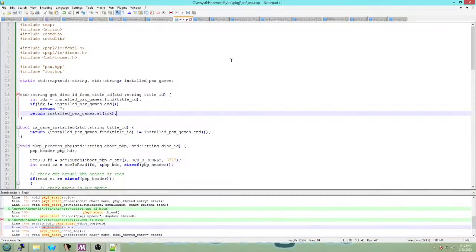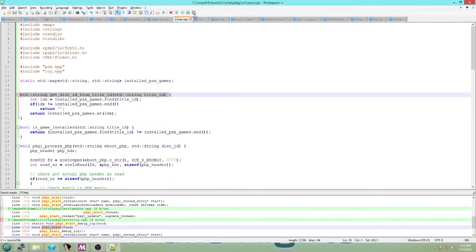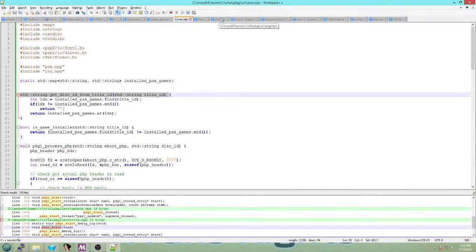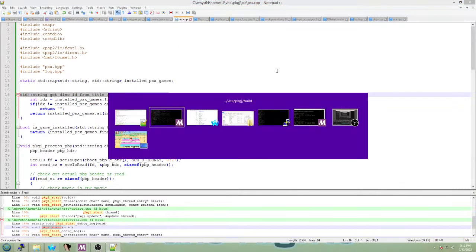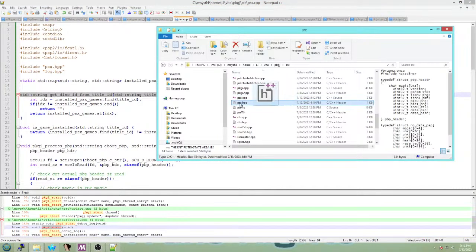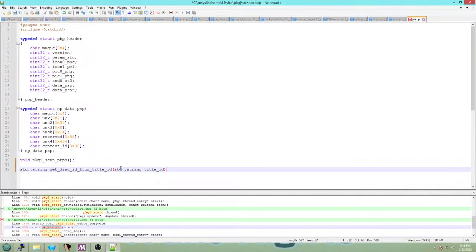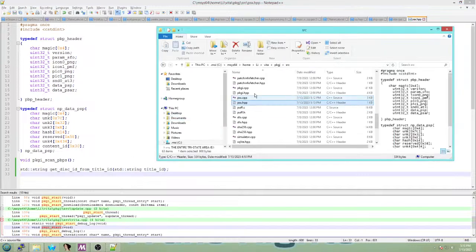Actually, I should export these two functions too. So we should add both of these into psx.hpp. Where is psx.hpp? psx.cpp. I don't have psx.hpp in here. Let's drop it in here then. Yep, and now actually I think